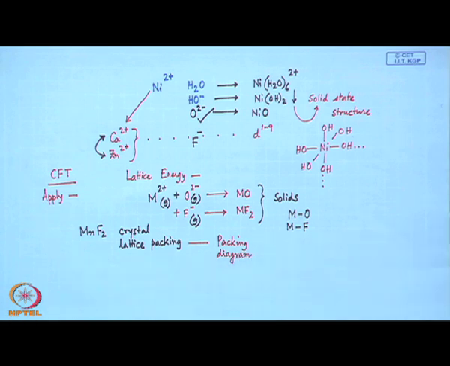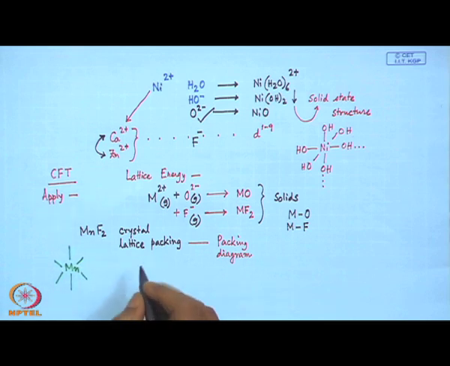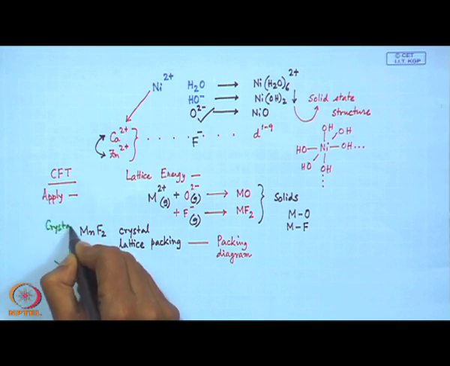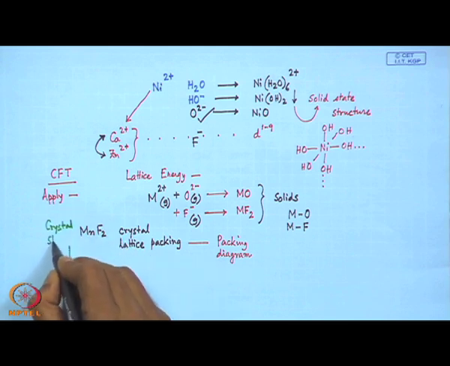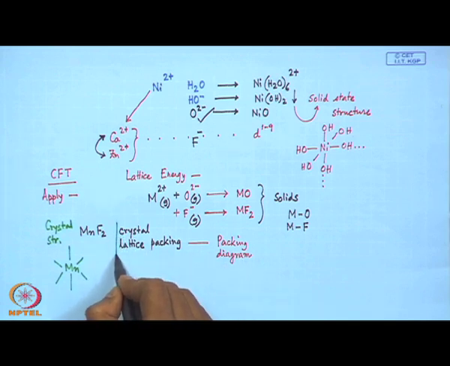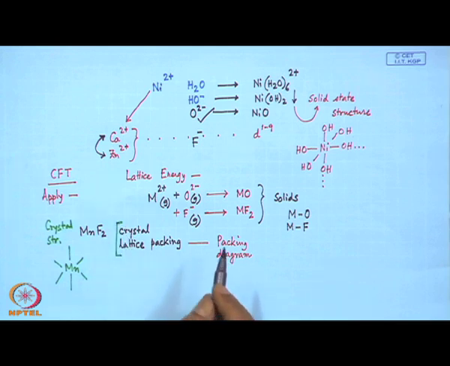So, these packing diagrams usually give us the situation where manganese is nicely packed, which is a typical example for the corresponding crystal field when we are seeing the crystal structure. This crystal structure gives us the corresponding crystal lattice, and that crystal lattice packing gives us the corresponding packing diagram,